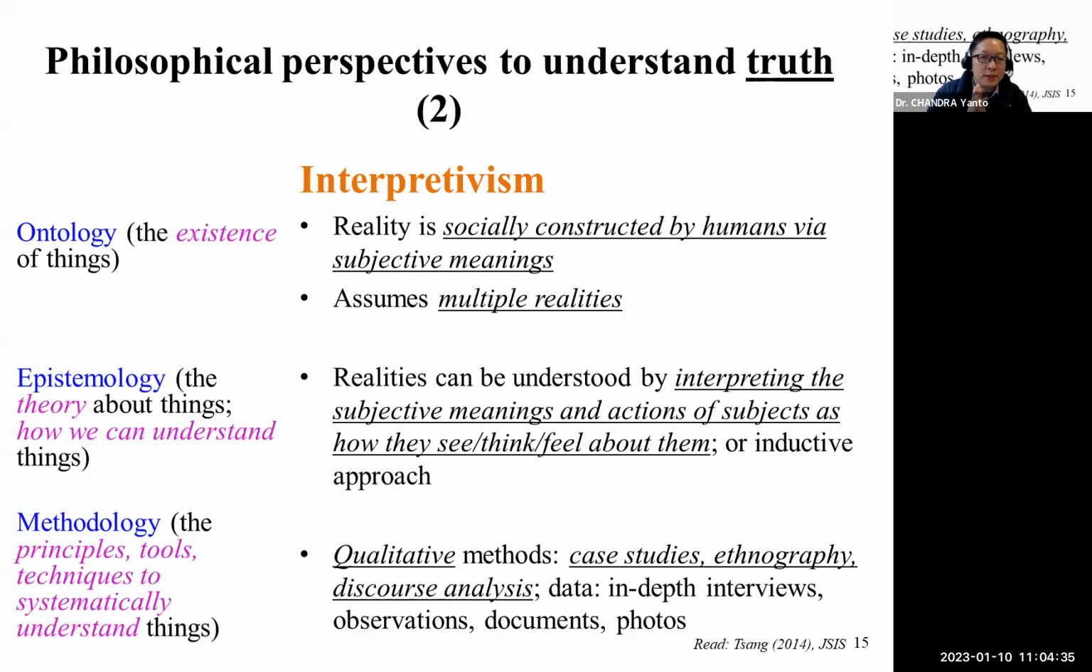The second philosophical perspective is called interpretivism. If you don't like math, numbers or statistics, this is what you normally go for. In interpretivism, reality is actually socially constructed by humans, by our interactions, by the subjective meanings that we create with each other. For example, if we believe that there is a business opportunity